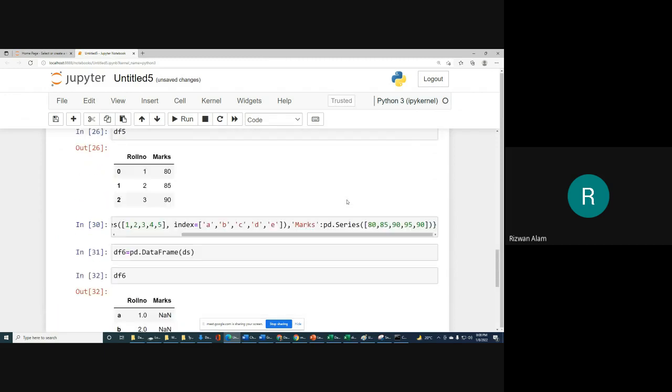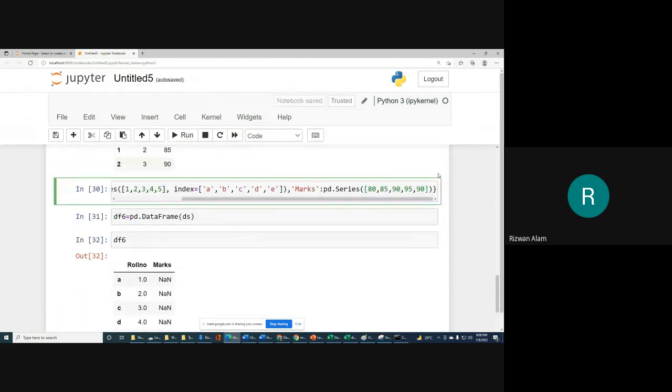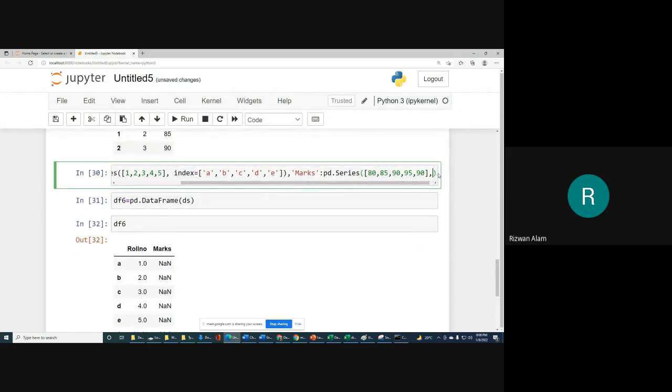So to remove that confusion, you have to write this here also: index is equal to ABCDE. If you want to customize the index, only then do you have to use this.